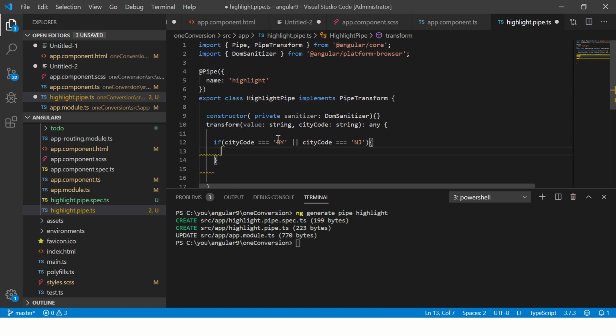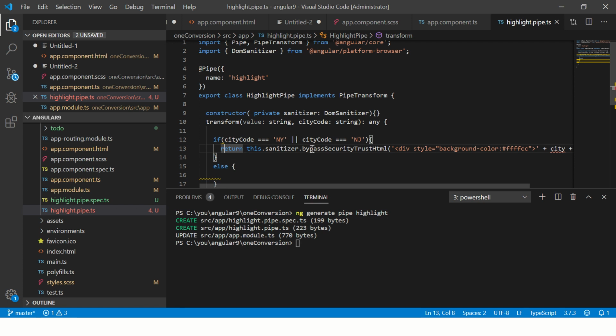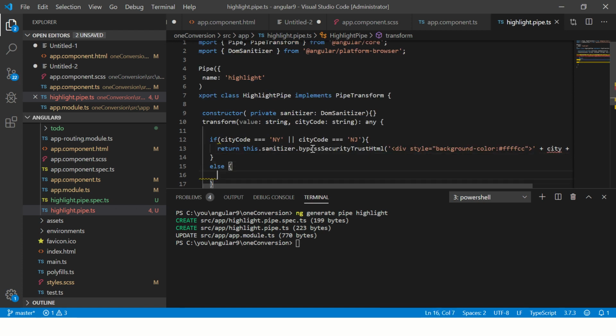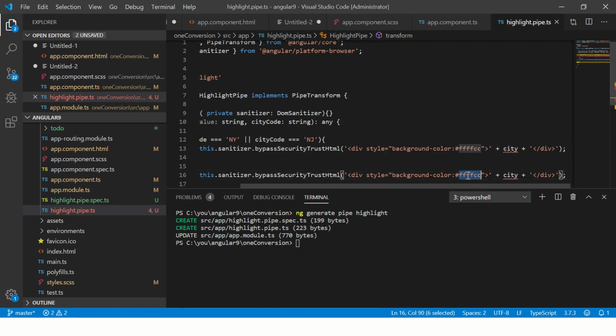Else, else give them a green color, right? And here just giving a light green color. Okay, so now we'll make this city code,